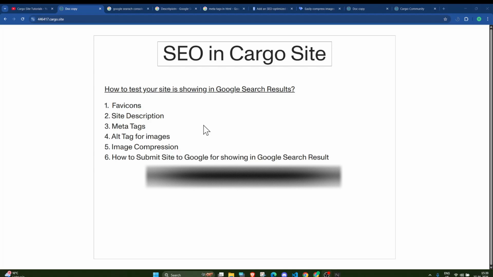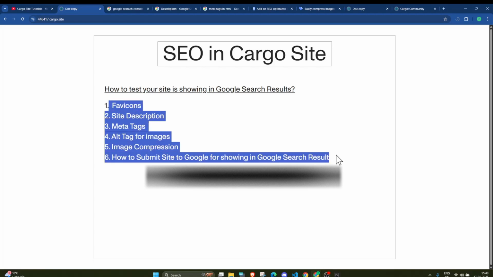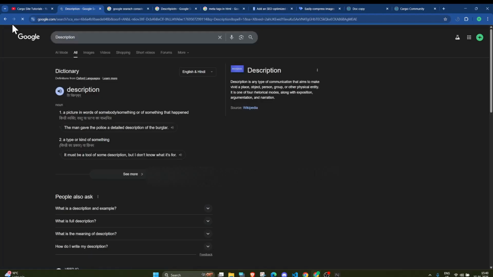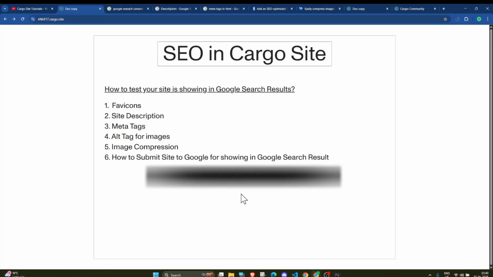If you take the example of WordPress, there are different plugins which we can use to make the site SEO friendly. But in Cargo, there are a few options which I have added here. So basically, as well.